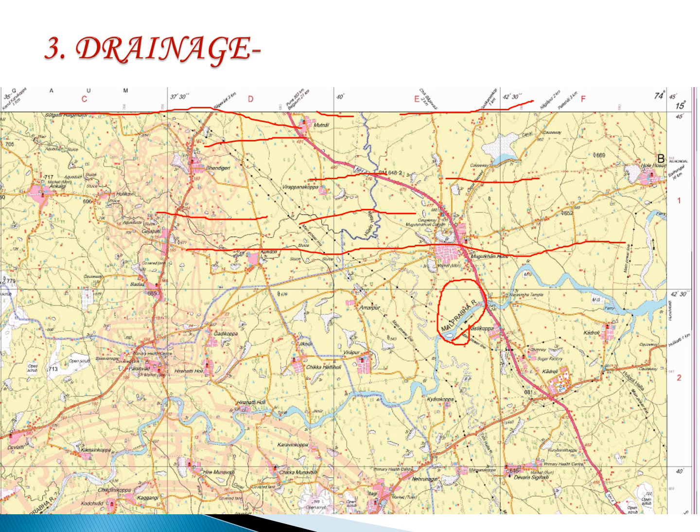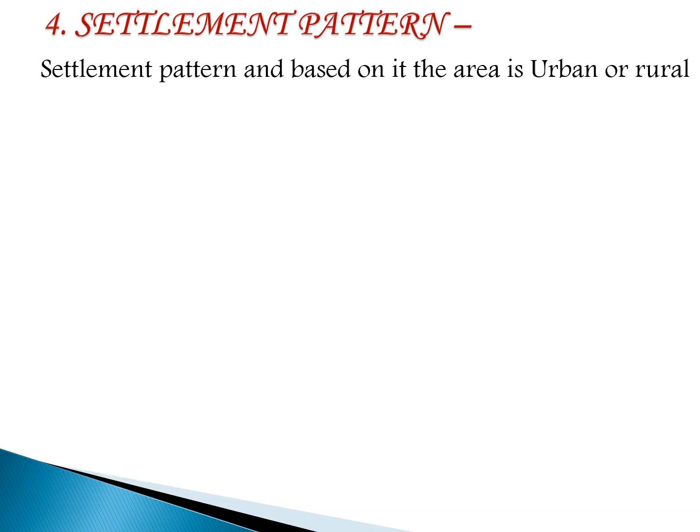It is like the branches of a tree, you can see here, these lines all represent the drainage pattern. So here you can see it is like this. So this is like the branches of a tree, so this represents the dendritic drainage pattern. Based on this, you can also mention the different dams and canals for irrigation purposes. So all this information you can extract from the drainage, so you can write it.